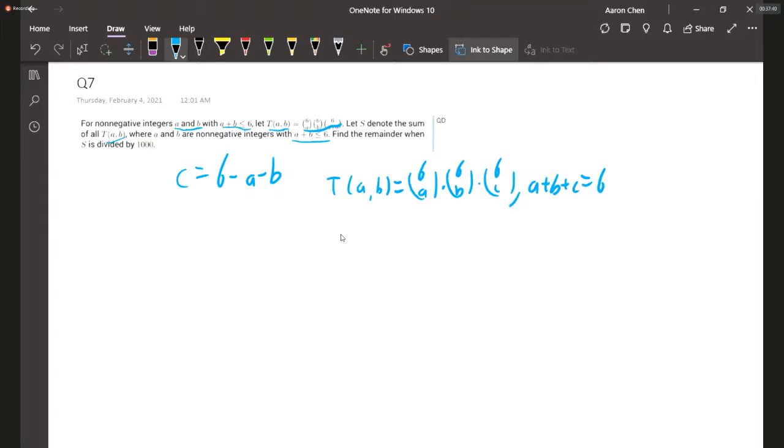And so a generalized version of Vandermonde's identity will directly tell you that this is 18 choose 6. And if you don't know it, you can basically think of this as choosing 6 stars from